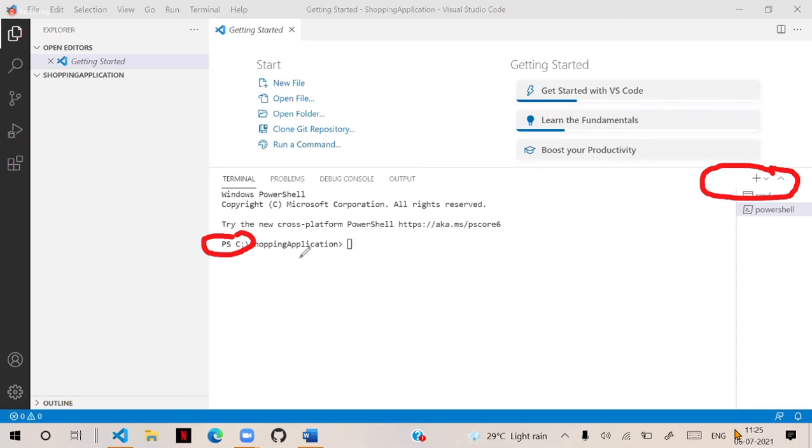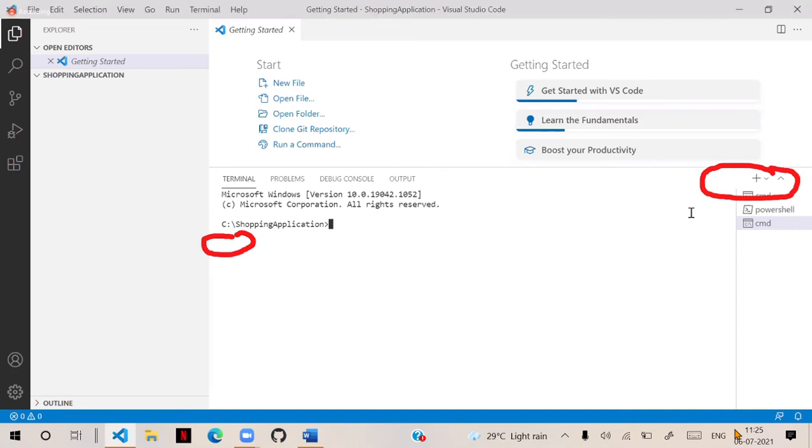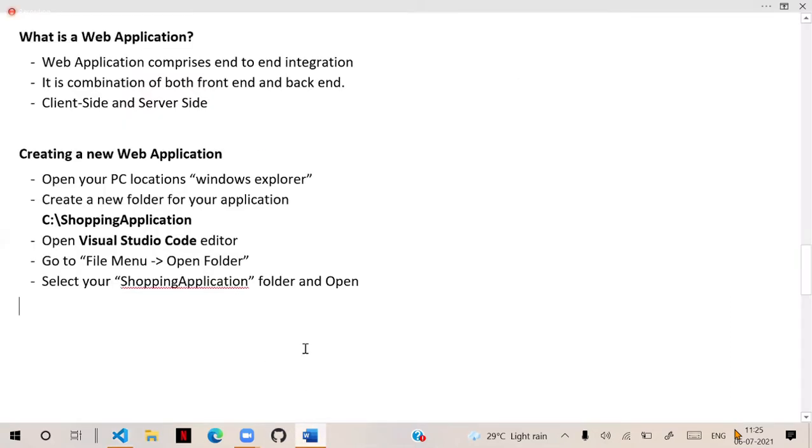So make sure that it's not PowerShell. Go there and select command prompt. This is good. Make sure that it is command prompt, not PowerShell. So use the command prompt for the terminal.